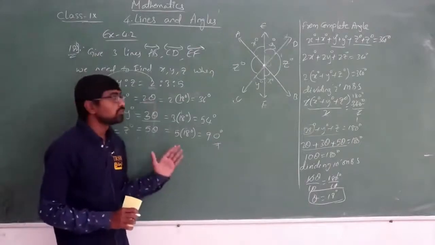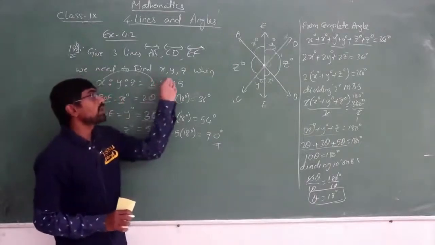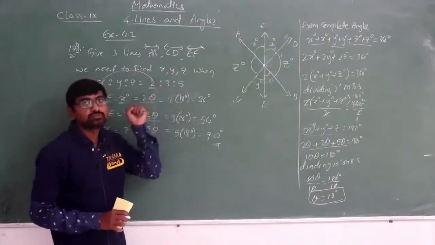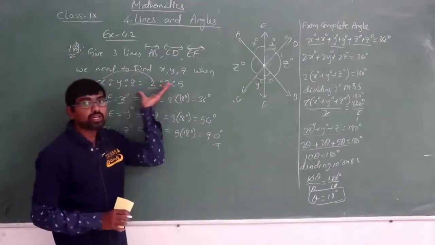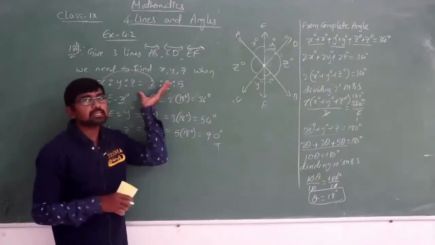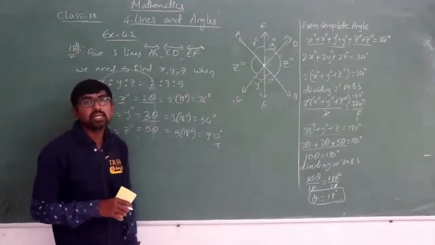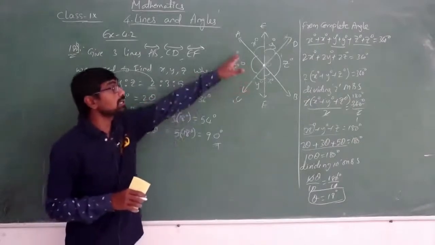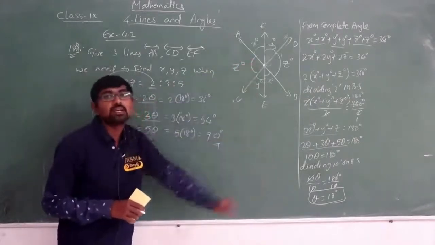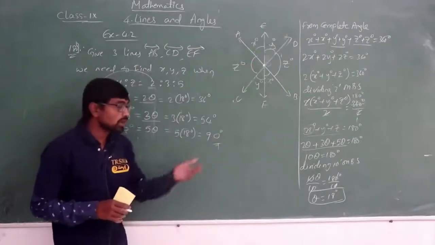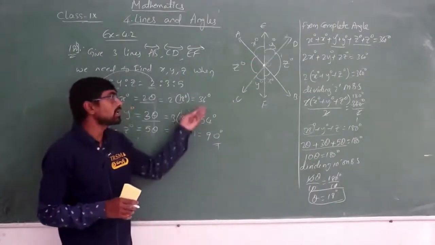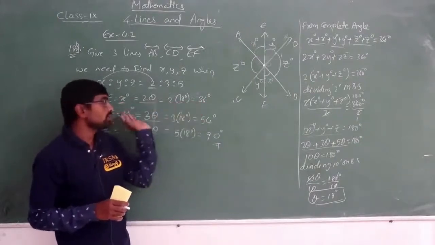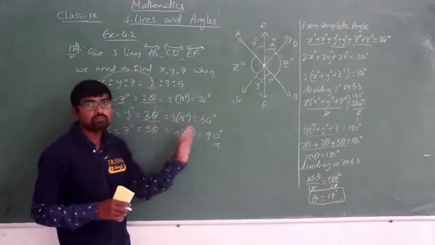So this is how you will find the exact values of x, y and z when these are represented in the form of ratios. Okay, as these are given in the form of ratios, and we don't know the exact angle, we have taken that value as theta. When we solved using the complete angle, we got that as 18 degrees. Understood? The value of theta is 18 degrees. Whenever I substitute in this, for x I will get 36, for y I have got 54, and for z I have got 90.